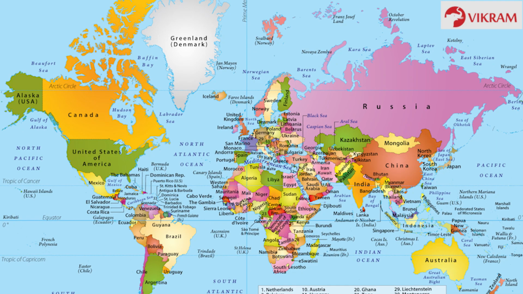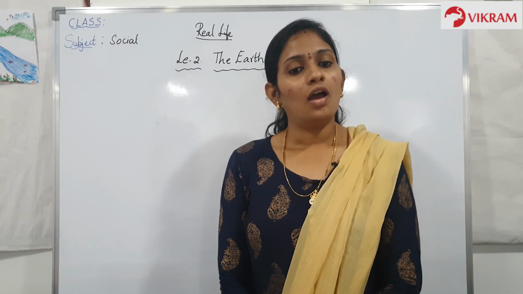Like the globe, maps also help us to study the earth. We can have a map of the whole world. We can also have maps of some places of the earth. A book containing maps of various parts of the earth is called an atlas. To study the maps, we should know the directions on a map. The top side of a map is always north and the bottom side of a map is always south. The left side of the map is west and the right side of the map is east.